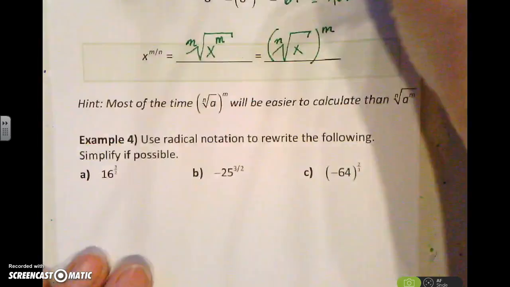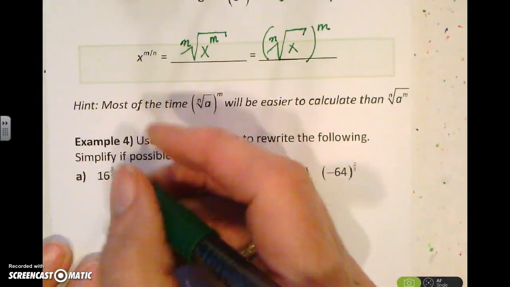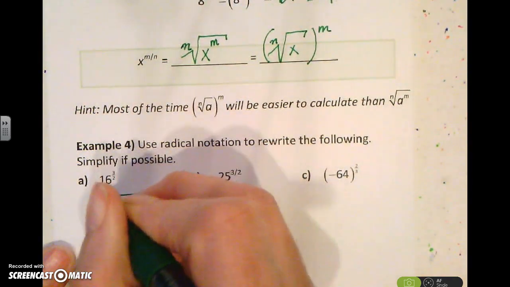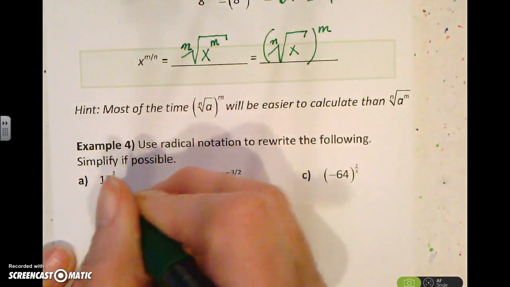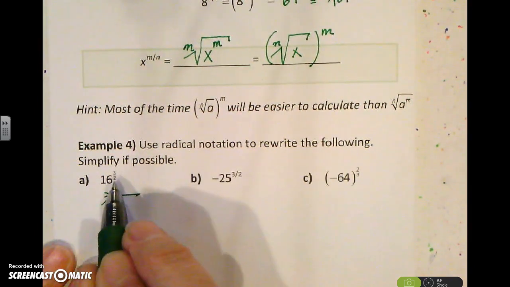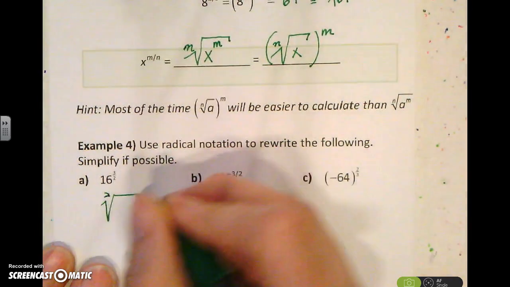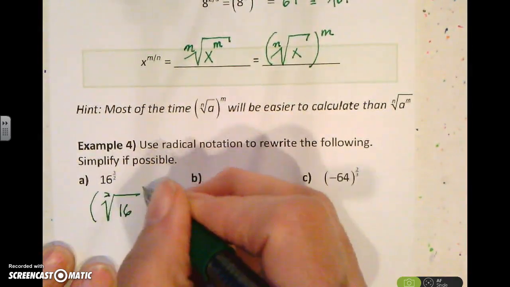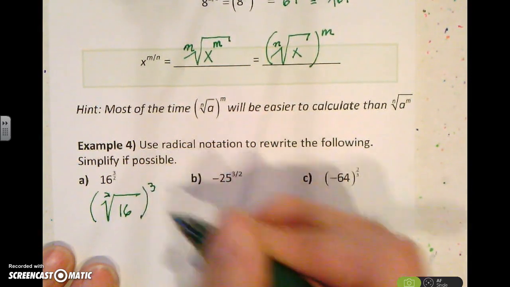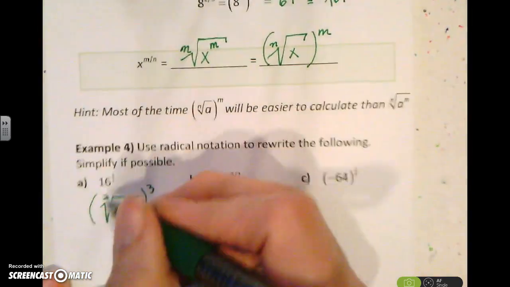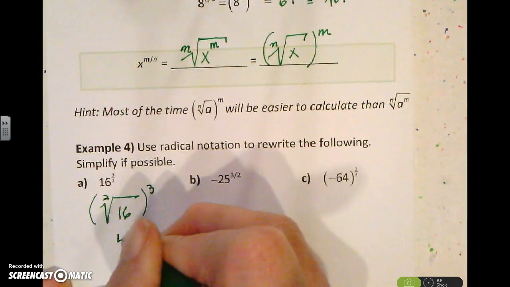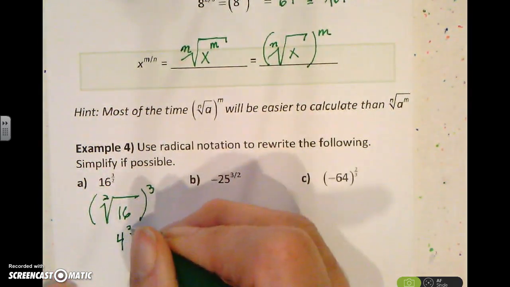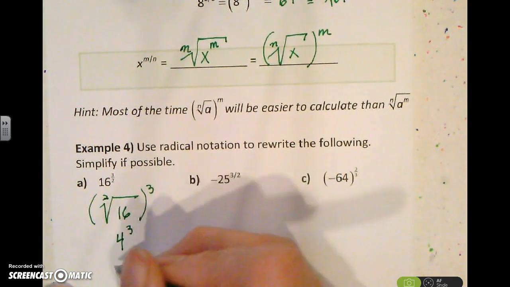So example 4, 16 to the 3/2 power. So I'm going to have a square root. The index is going to be a 2 because that's the same as my denominator there. 16 is going to go on the inside. And because I said it, we're going to raise this to the third power. So that's going to give me the square root of 16, which is 4. And then I've still got raised to the third power. And 4 to the third power, 4 times 4 times 4 is